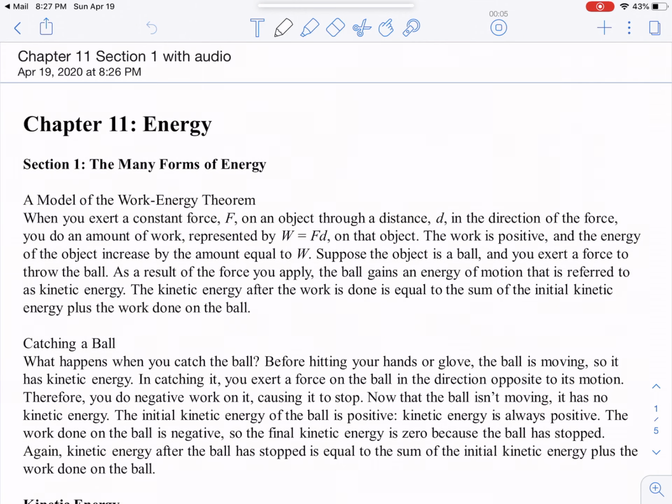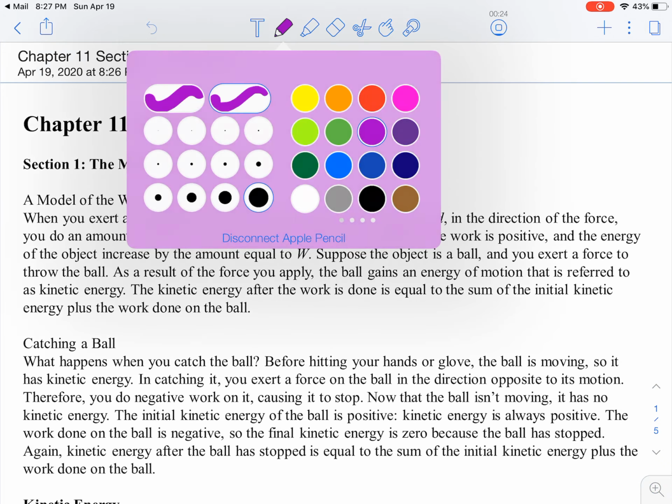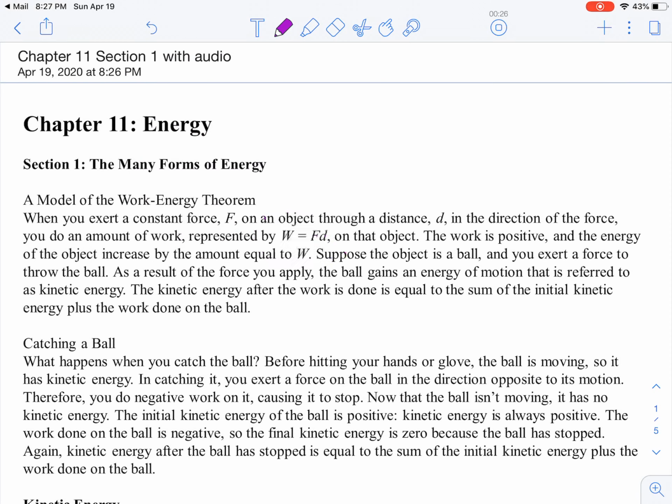Section 1, the many forms of energy. A model of the work-energy theorem. When you exert a constant force F on an object through a distance d, in the direction of the force, you do an amount of work represented by W equals force times distance. This is our work equation